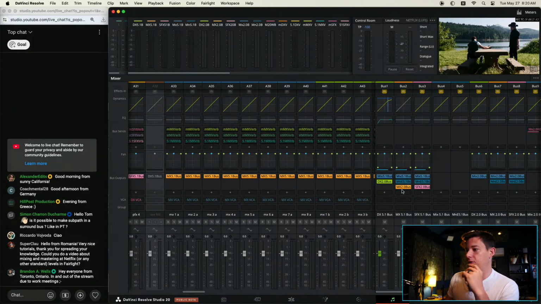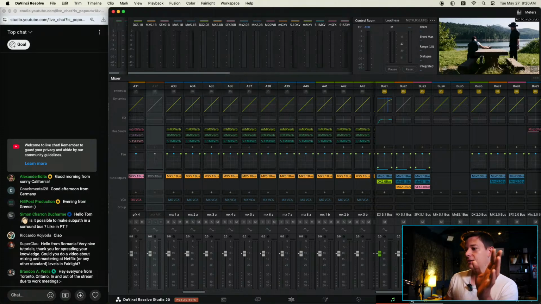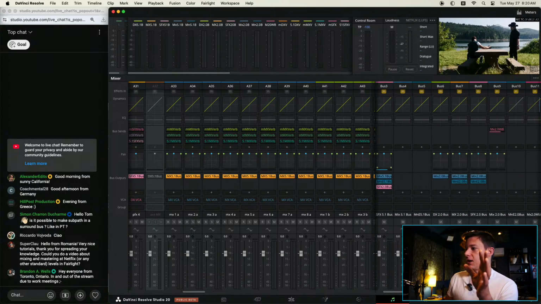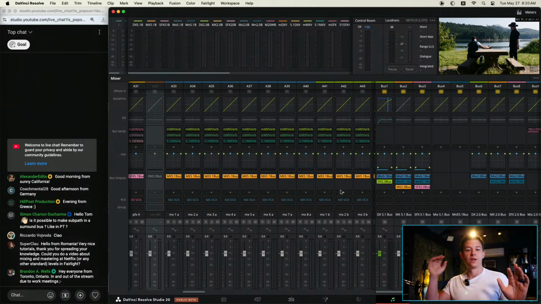And then it's the same as what I talked about in the bus assign. It's the same exact thing, it's just a different visualization of it. Maybe a little easier because you can kind of see the colors and everything. So yeah, that is the basics on routing in